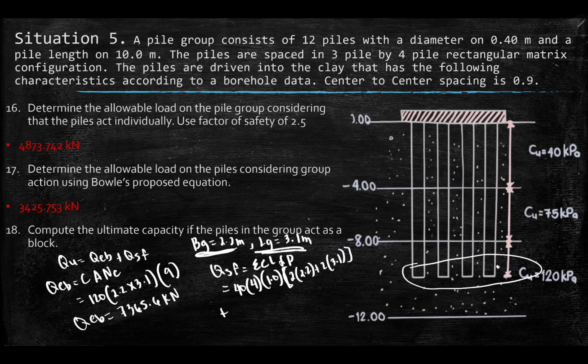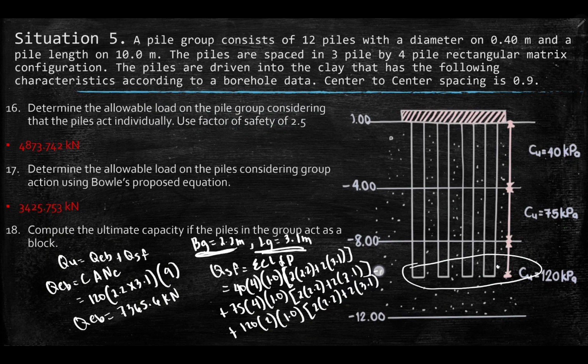So next, for soil layer 2, the cohesion is 75 times 4 meters times 1.0 adhesion factor. There are a lot of terms, ha. 2 times 2.2 plus 2 times 3.1. That is soil layer 2. So, for soil layer 3, 120 times 2 meters times 1.0. And then we have its perimeter, still the same, 2 times 2.2 plus 2 times 3.1 meters. So, solving, what we get there is